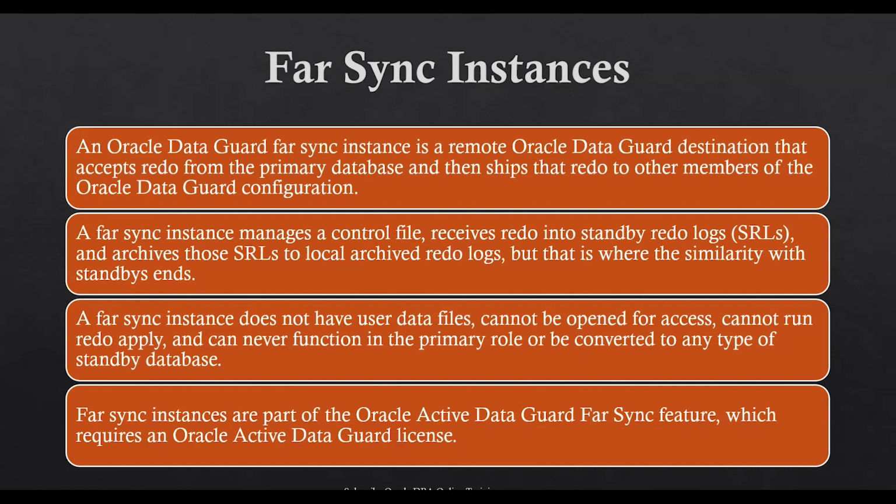The idea is that it will receive those archives from the production site, and then archive them on its local destination. Once that is done, it will start shipping those archives to the standby side. So it is an intermediate kind of thing. In some real high availability scenarios, people use this feature called the parsing instance.